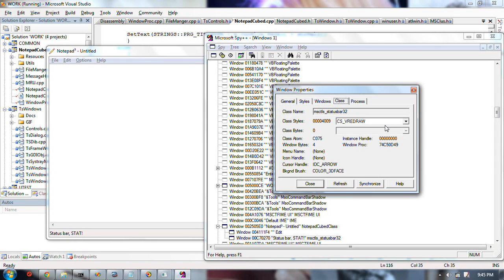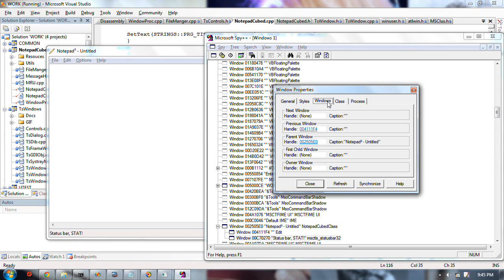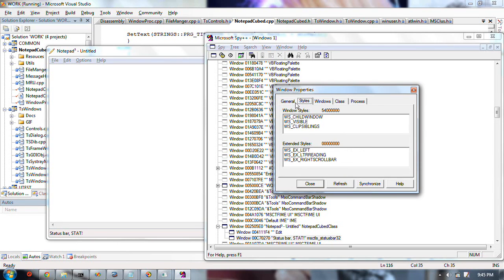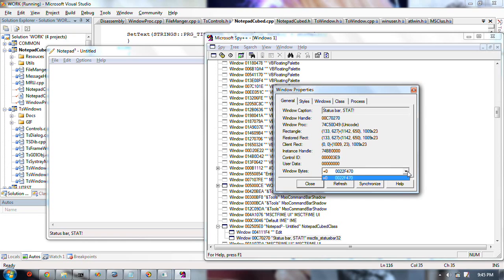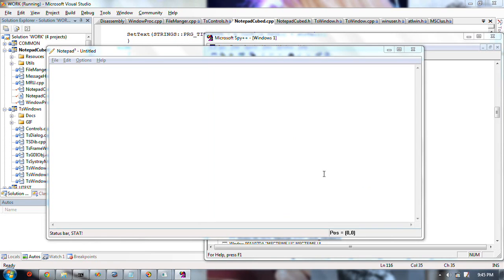It's not part of the Windows structure. It's somewhere in the system, perhaps pointed out by this in some way, is some allocated memory for this string,